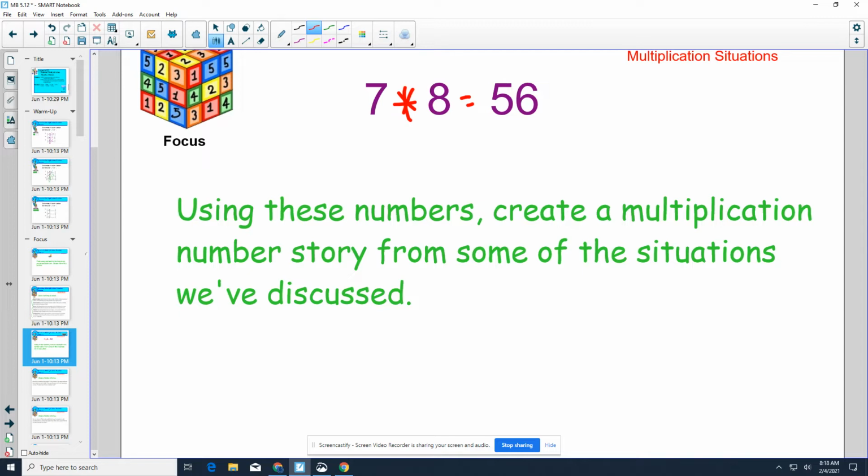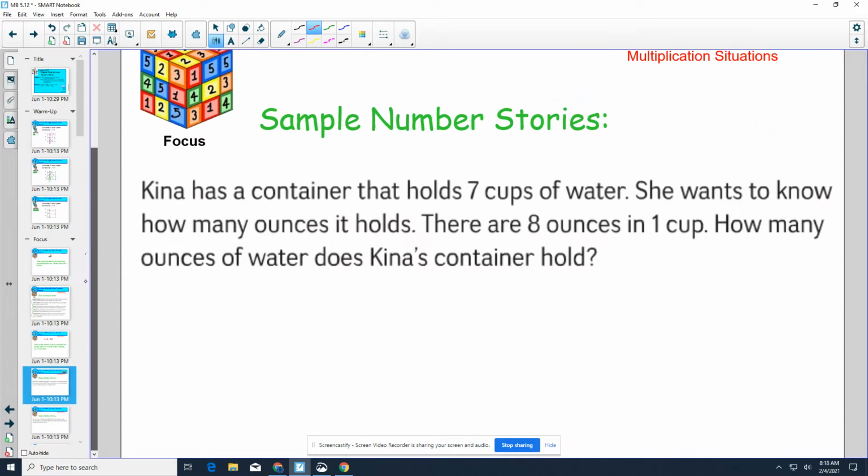Okay, hopefully you've written down your multiplication number story. Let's look at some examples. Kina has a container that holds 7 cups of water. She wants to know how many ounces it holds. There are 8 ounces in 1 cup. How many ounces of water does